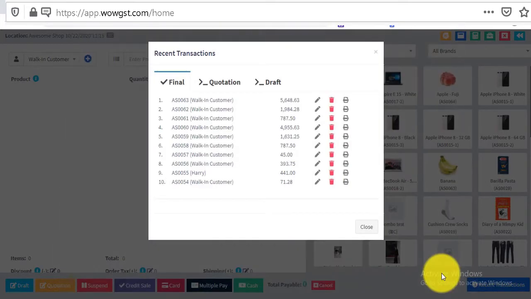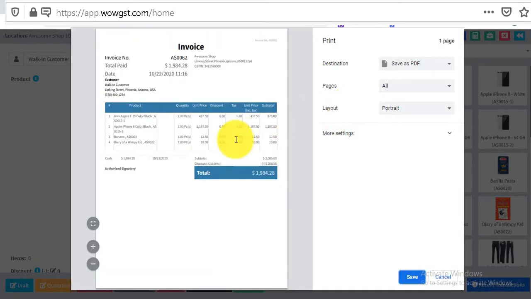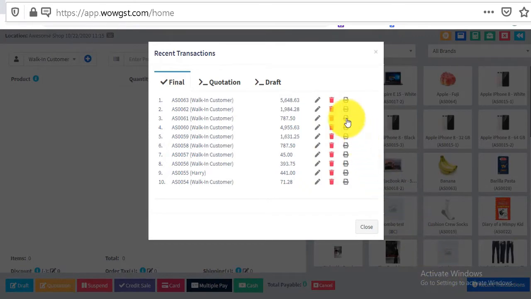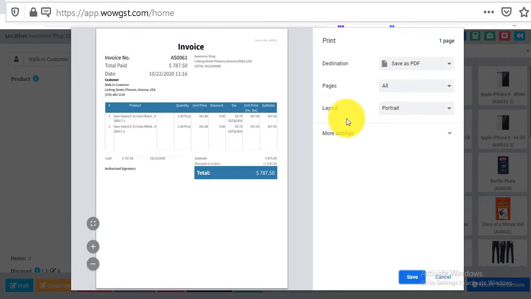Okay, this one is our invoice 62, I think. Okay, so this one is our invoice number 61. Here you can see the tax is not splitting here, it is directly showing the tax here, GST at the rate of 28%, and here also it's showing GST at the rate of 28%.